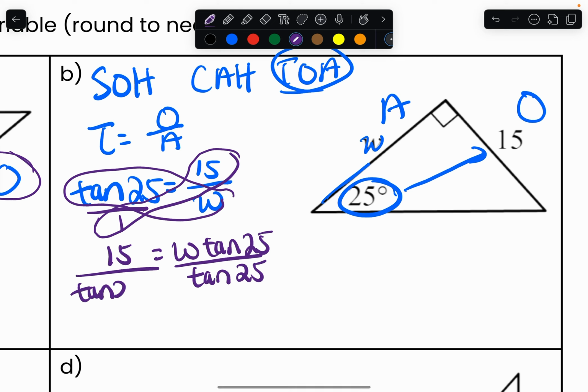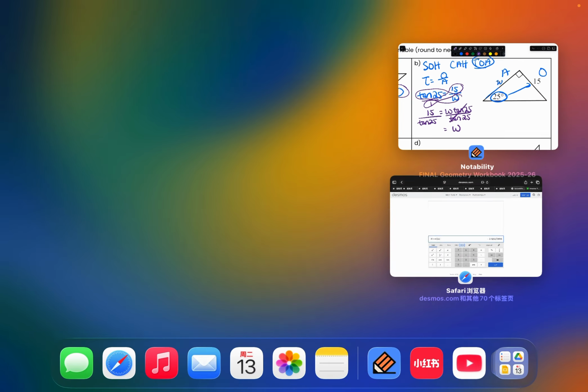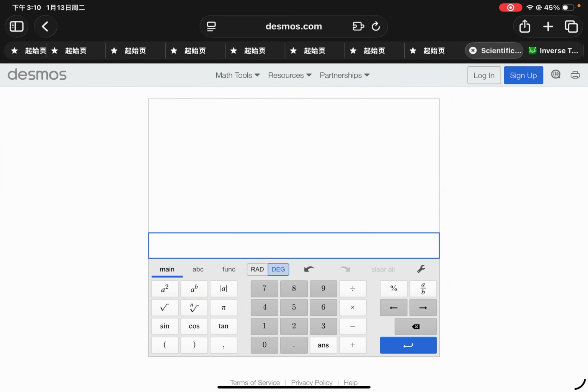On the right side, tangent of 25 over tangent of 25 cancels out because anything over itself is 1, so it becomes just 1W. On the other side, W equals 15 over the tangent of 25. To figure this value out, I need to pull up my calculator, clear everything out, and go ahead and click in